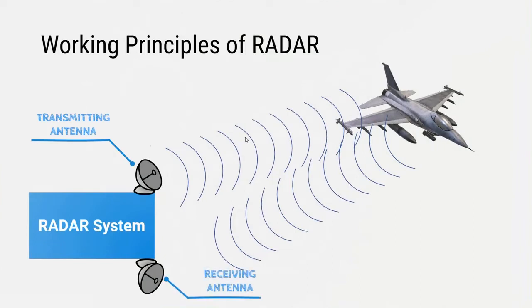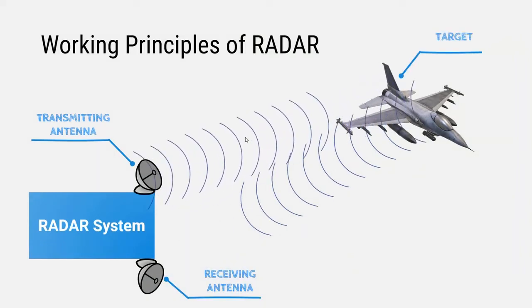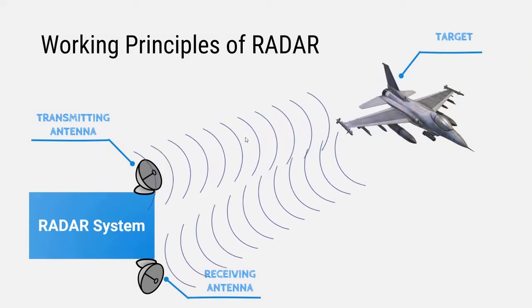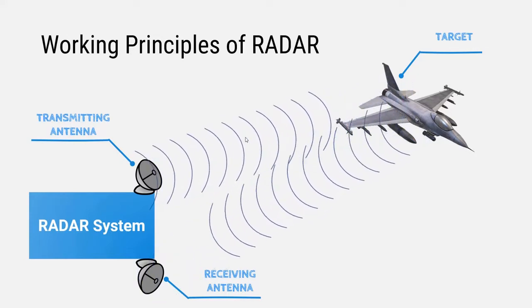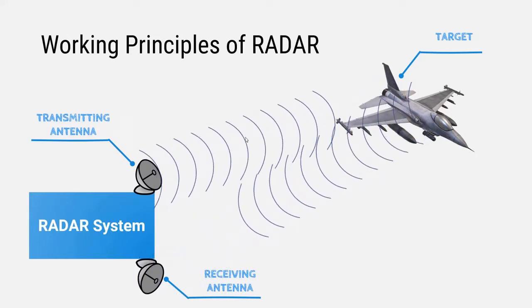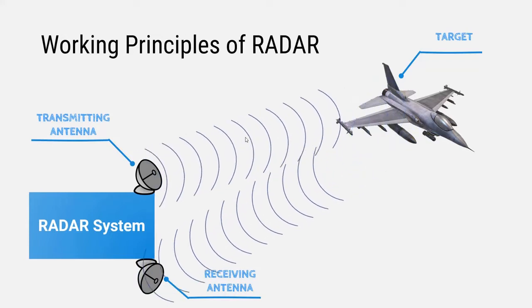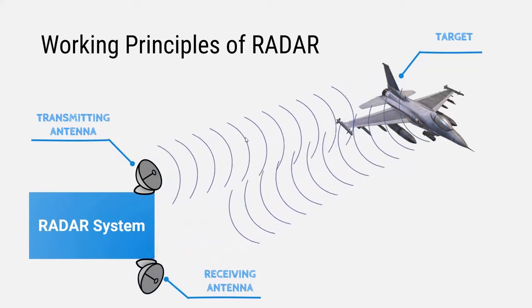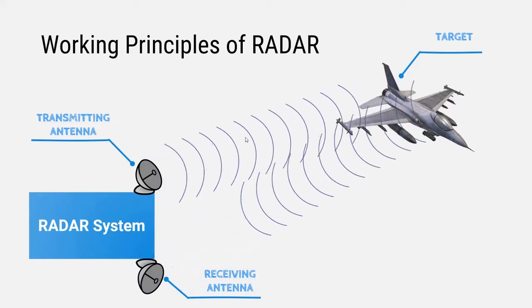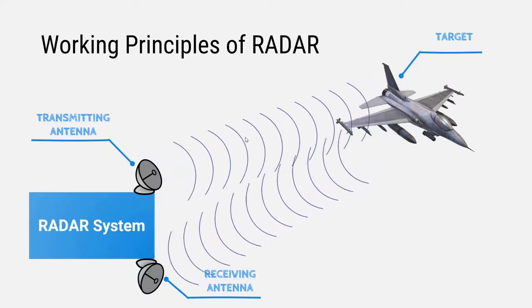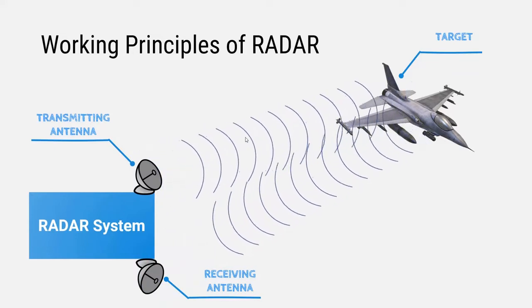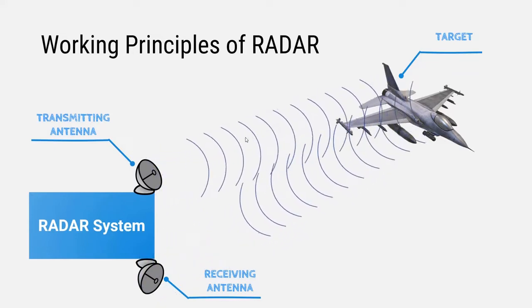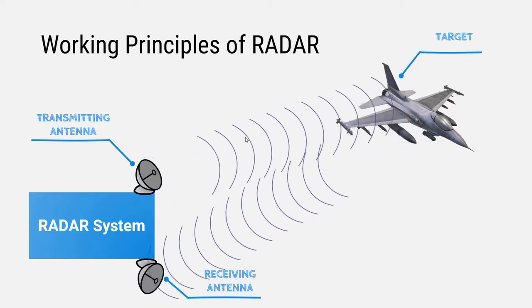So radar system contains two antennas, one for transmitting and one for receiving. The transmitting antenna is going to emit microwaves or radio waves continuously into airspace, and if any object or any target enters into the atmosphere, the radio waves are going to be reflected by the target. So that reflected radio waves are going to be captured by the receiving antenna, which is present in the radar